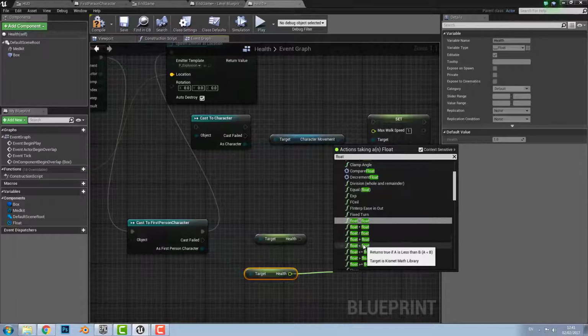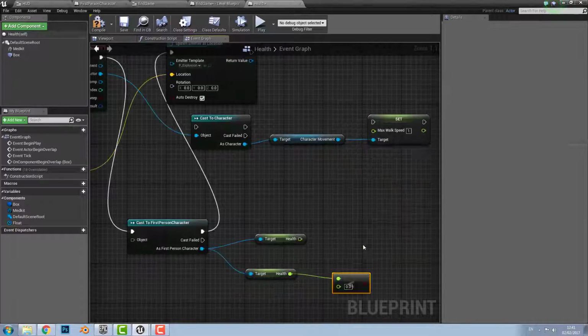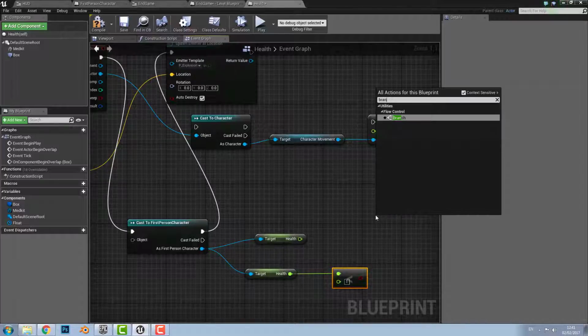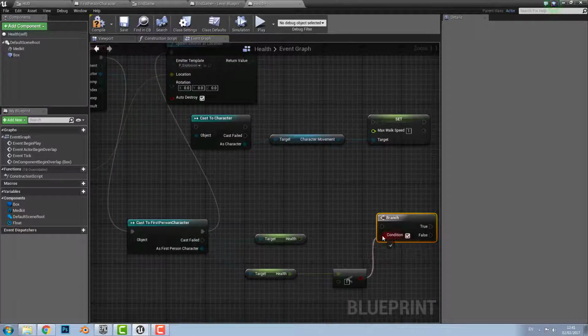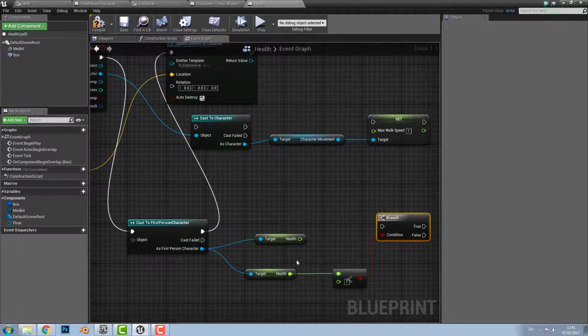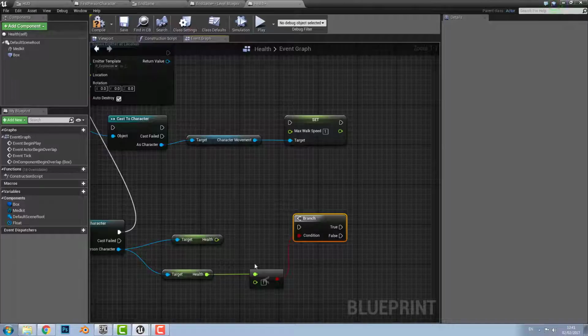And if the health is less than 1, because that's the total health, then we're also going to need a branch for the condition. So if the health is less than 1, and if it's true,